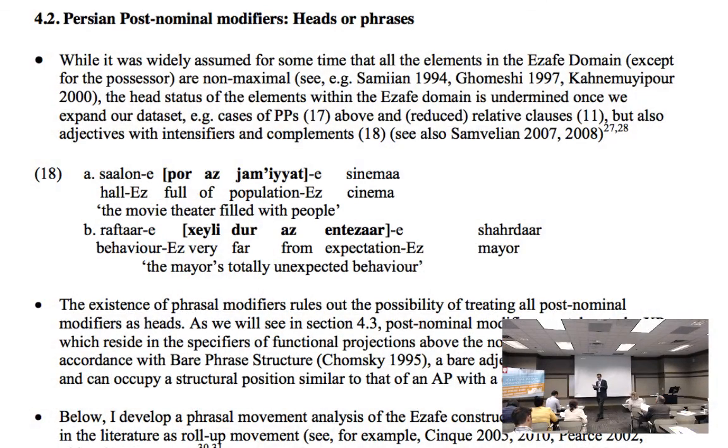I'll let you look at it later. So in section 4.2, basically I'm trying to show a head movement doesn't work because these things are bigger than heads, essentially. Looking at something like 18a, پر از جمعیت is a pretty full phrase. سالن پر از جمعیت سینما، رفتار خیلی دور از انتظار شهردار. So خیلی دور از انتظار, very far from expectation, that's a full phrase, so we need phrasal movement. So I'm going to skip to section 4.3,